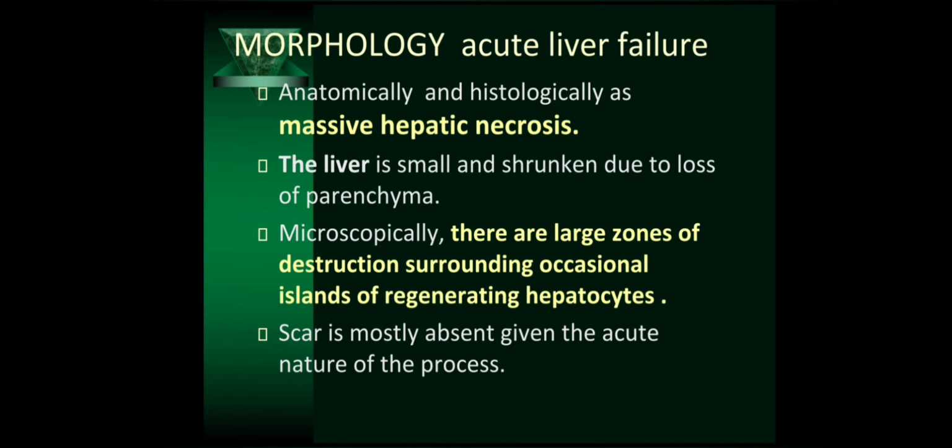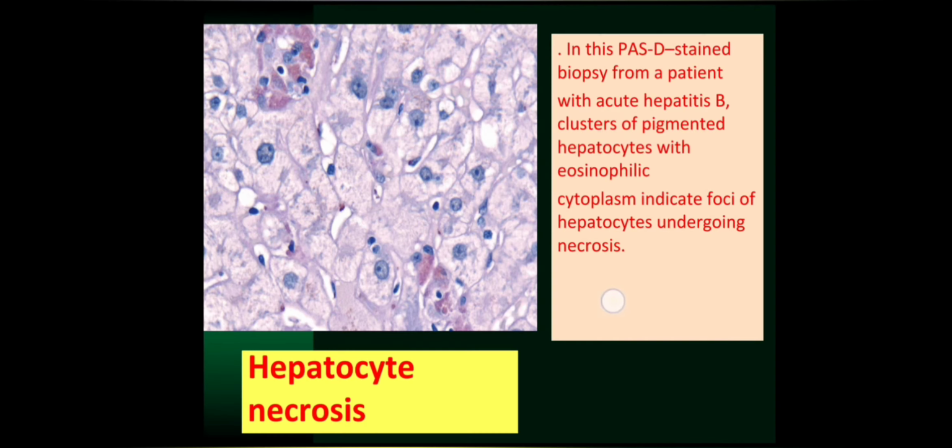Now the liver will become small and shrunken due to loss of parenchyma, and microscopically there are large zones of destruction surrounding occasional islands of regenerating hepatocytes. Scar is mostly absent given the acute nature of the process. So this is how hepatocyte necrosis will occur. You can see just the outlines. The nucleus has